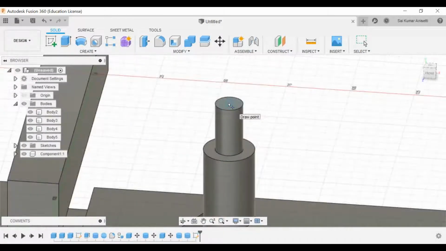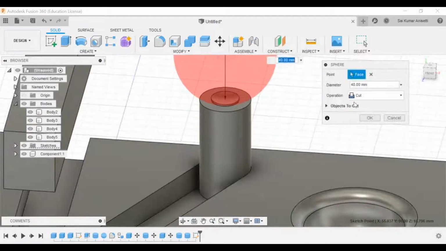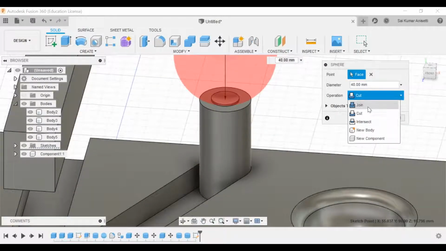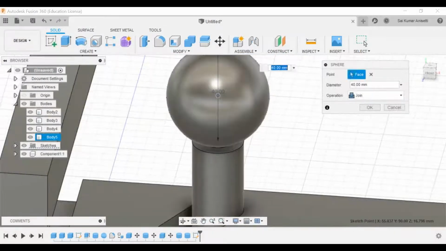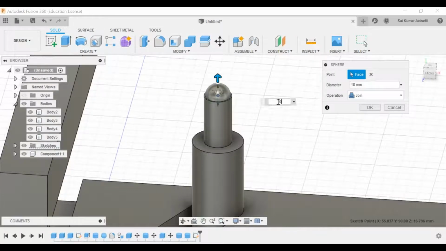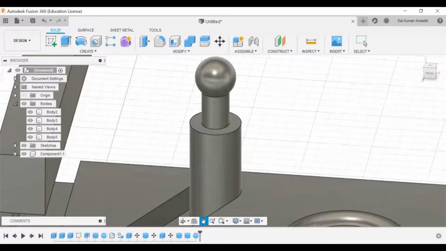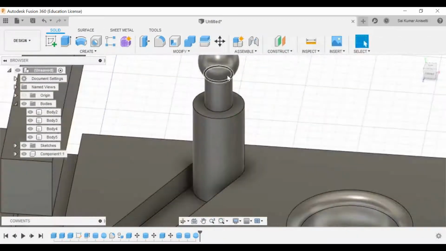Let me zoom in. Make sure I join that particular cylinder, which is not 40, I want to get a 20 mm. That is fine. No, 10 mm. That is no, 50. Let me go with 16. Okay, that is fine for me. Now I've created some random cap. Now this entire thing becomes a single body, my body number 5.